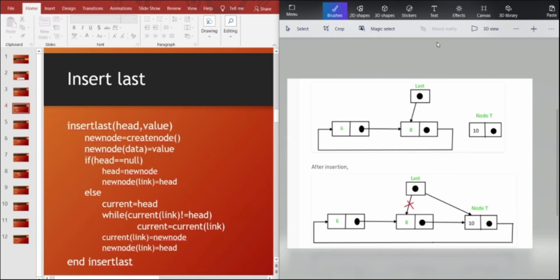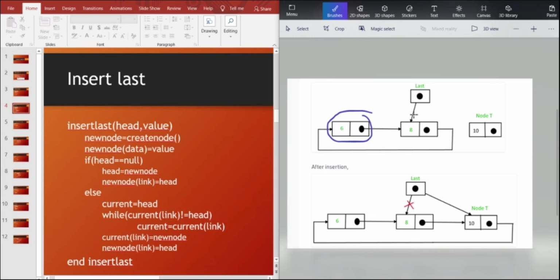Now let's check how the insert last algorithm works. Here we have to insert this new node as the last node of the circular linked list. As we can see, this is the header node of this circular linked list.